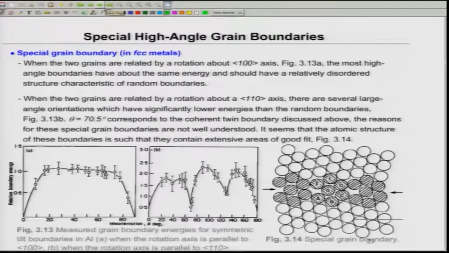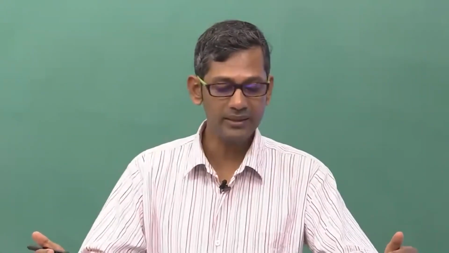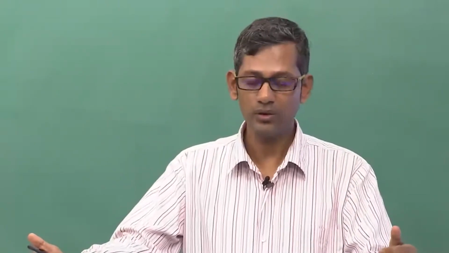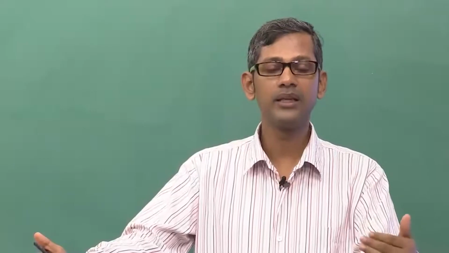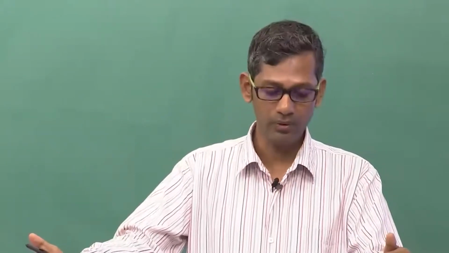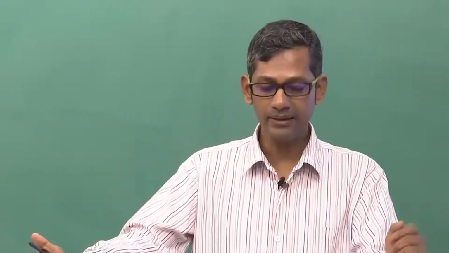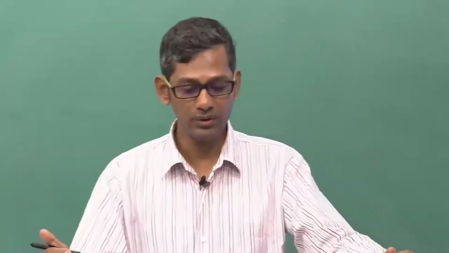So, that means what I am talking about now is orientation dependence. If two grains are related by rotation along the 1 0 0 axis, that is one of the cube axes, then it is very difficult to actually make them low angle, low energy, because there will be very little leeway to create such twin boundaries. But when they are related by rotation along the 1 1 0 axis, okay, that is one of the face diagonals, then